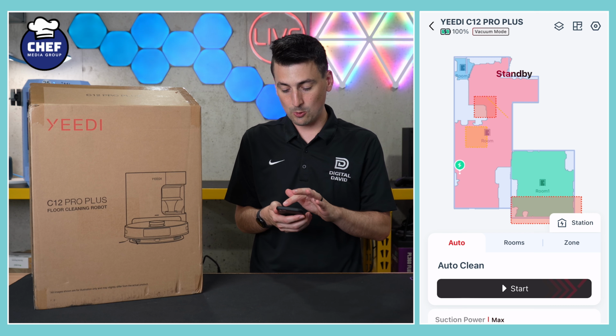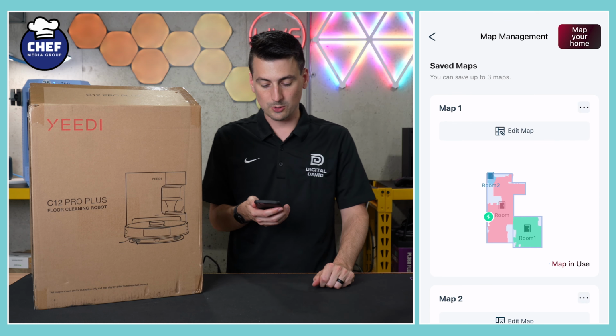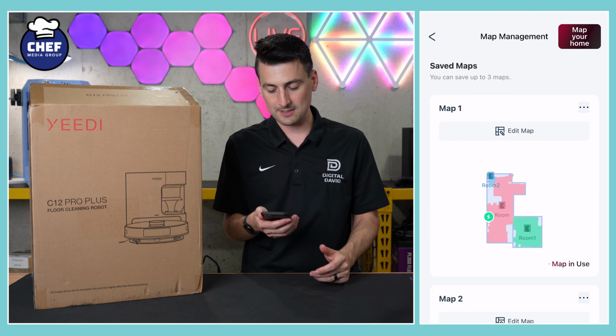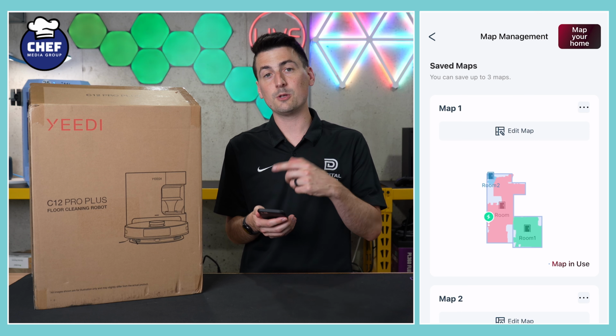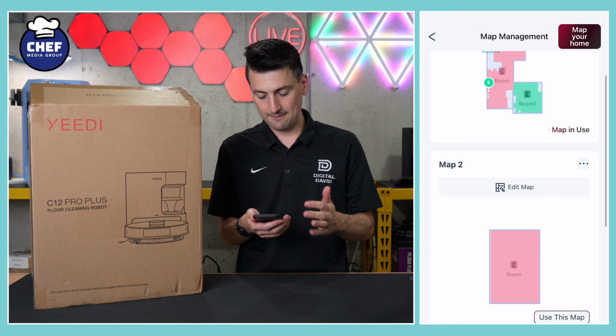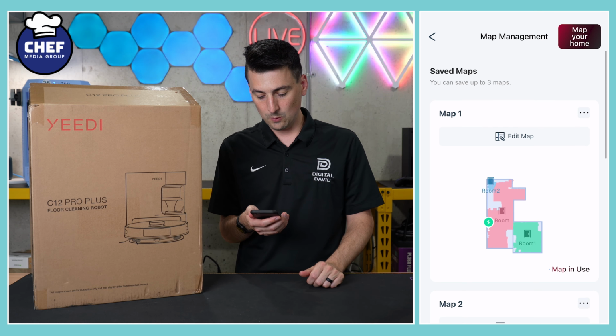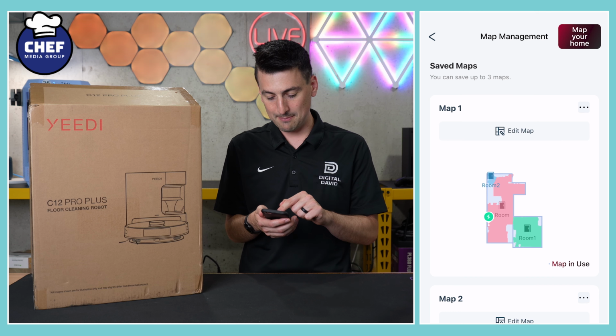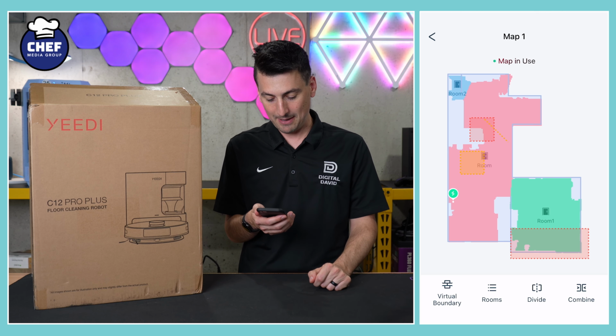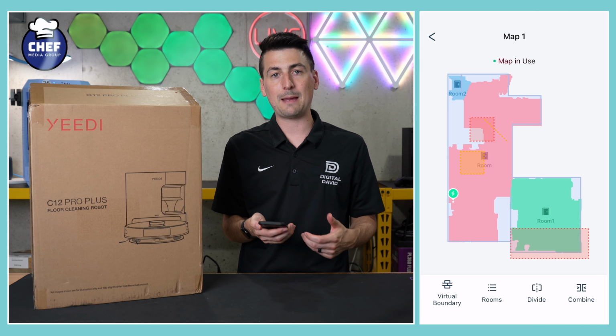So top right-hand corner, middle icon, that's going to be what you want. This is our map management section, where in the top right-hand corner, you can map your home, and it can save up to 3 maps at one time. We'll edit the main map right here by selecting Edit Map, and you'll notice all of our mapping settings and